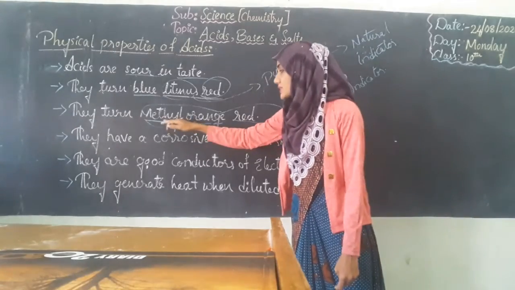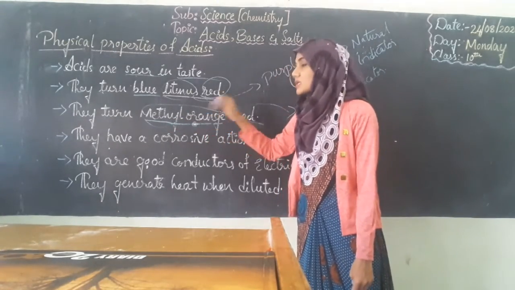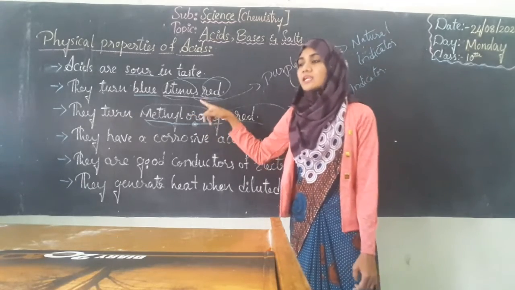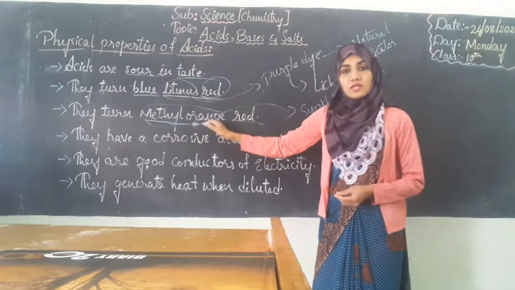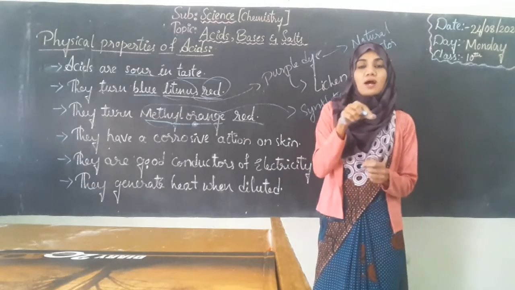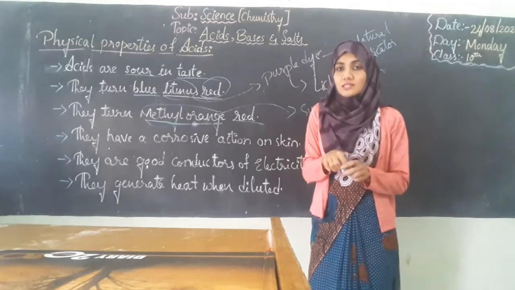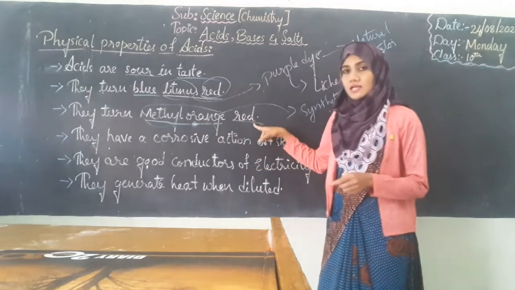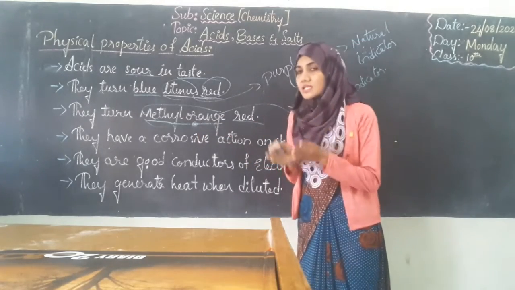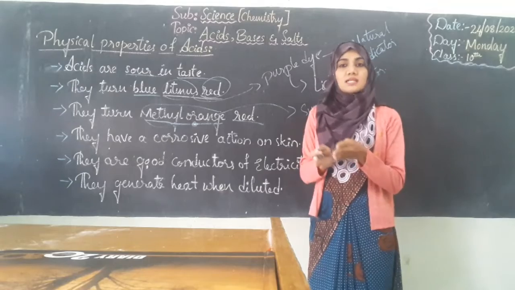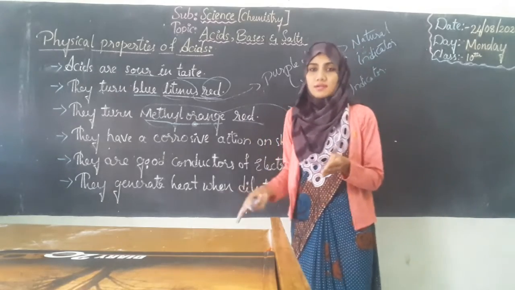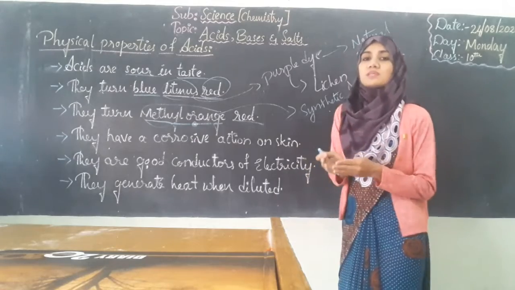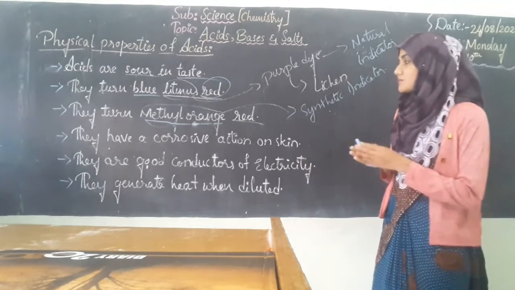The name methyl orange itself indicates that the strip of methyl orange will be orange in color, and if you dip that strip into a beaker containing acidic solution, the methyl orange color turns to red color. So if there is an acidic solution, whatever the color might be, it turns to red. The turning of the color to red indicates the presence of acidic nature.